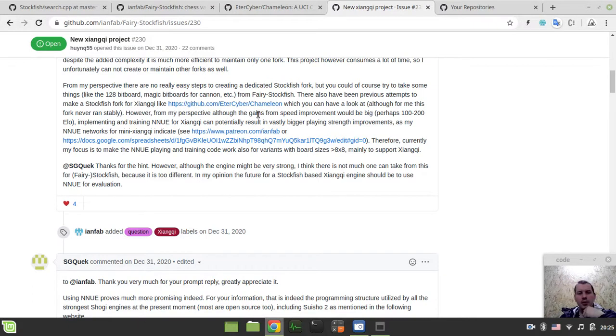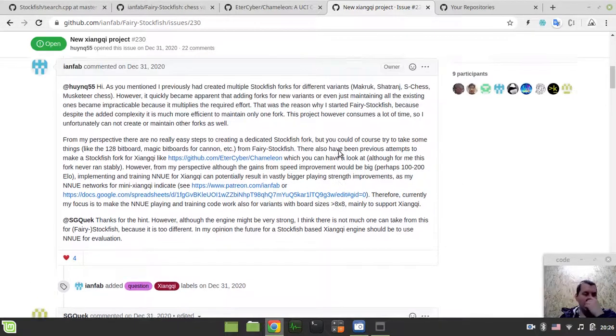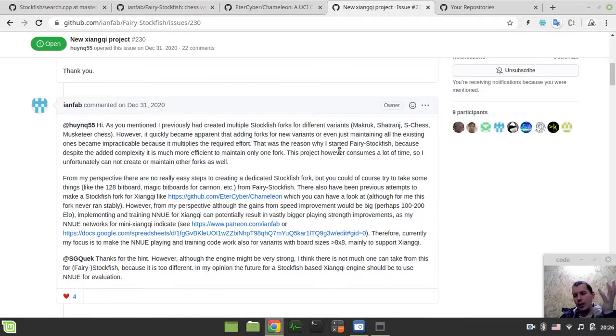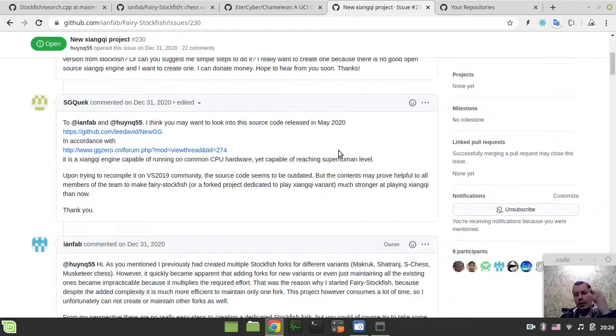However, from my perspective, although the gains from speed improvement will be big, implementing training an NNUE for CNC can potentially result in vastly bigger playing strength improvements. So he would rather focus on evaluation rather than the search. But anyway, the overall idea behind, so I was trying to get from Fabian what's the prior goal of